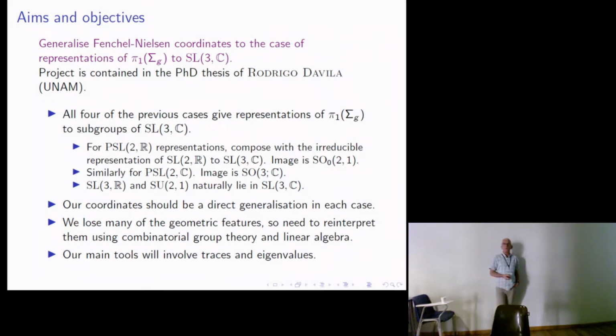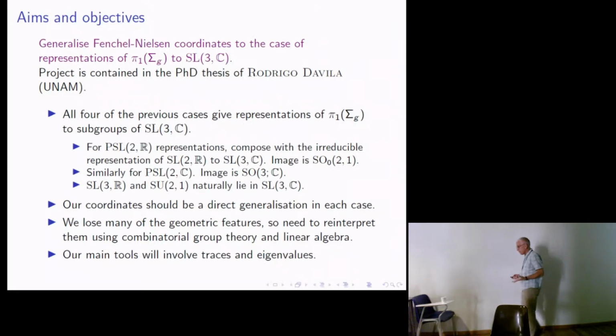We want all of those to be beautiful subspaces, which we can really just read off from my coordinates in an easy way, and I can work out how I can pass between them. So if you give me a convex projective structure and a quasi-Fuchsian structure, and a path between them that never goes through the Fuchsian locus, I can see how to pass between them. So the coordinates are direct generalizations.